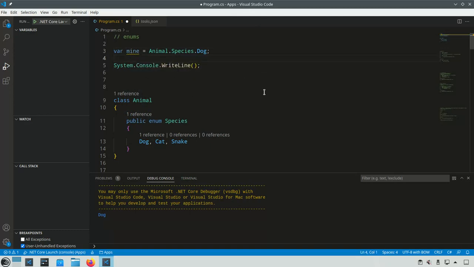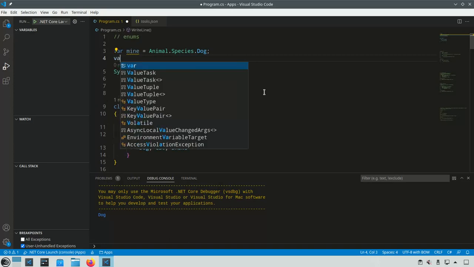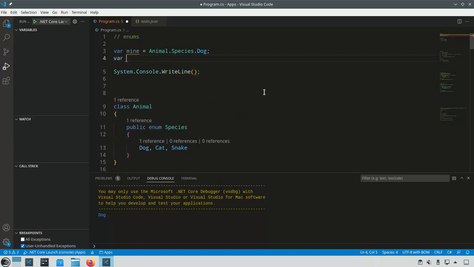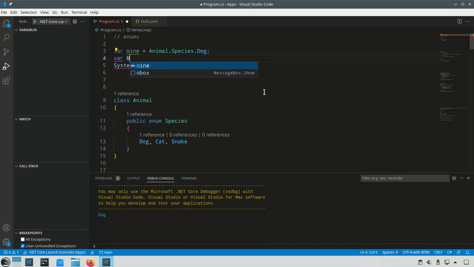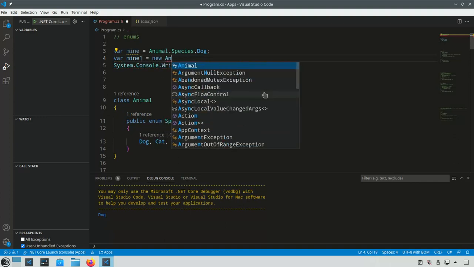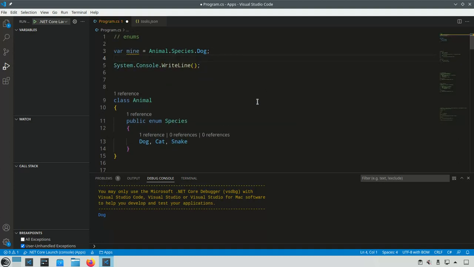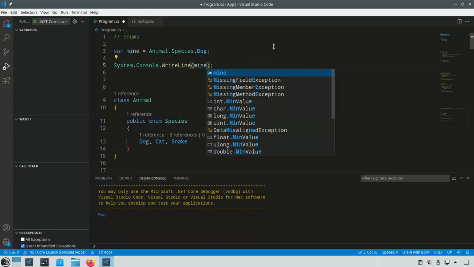What you would not do is say var, let's say mine1 equals new animal. You wouldn't do that when you're using the enum. If you had other things, properties, methods, you would do that. But to access the enum, you would just do animal.species.dog, and then you would put this here, mine,